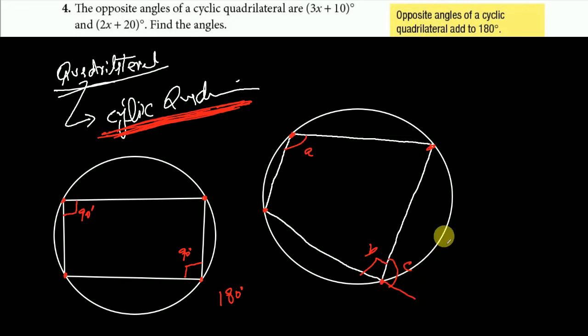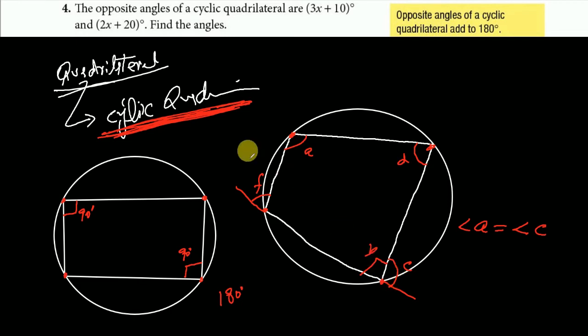Let's say this is C. So in a cyclic quadrilateral, your interior angle, which is A, will always be equal to the exterior opposite angle. So this is the opposite angle, and the exterior angle is C. So this will always be equal to C. Like this angle, which is D, will always be equal to the opposite exterior angle, this. Okay, so you have to remember these two things in a cyclic quadrilateral. One is that the sum of opposite angles will always be equal to 180 degrees, and the interior angle will be equal to the exterior opposite angle.